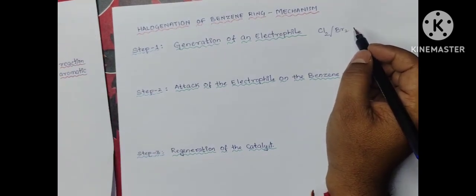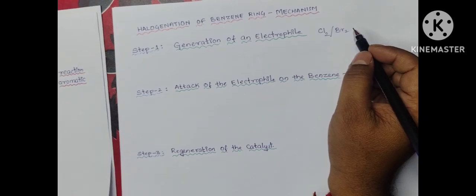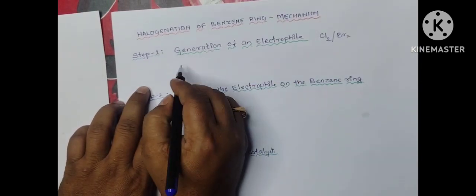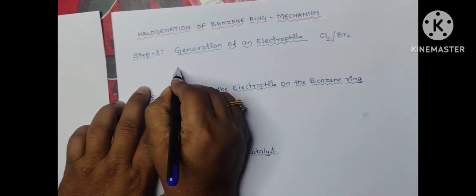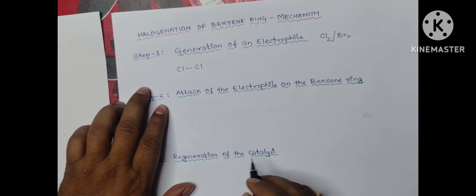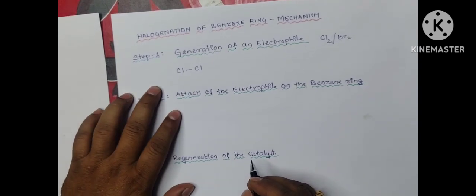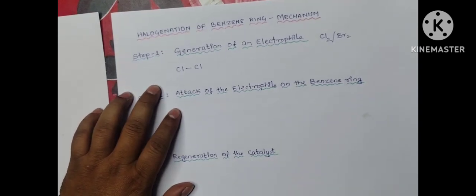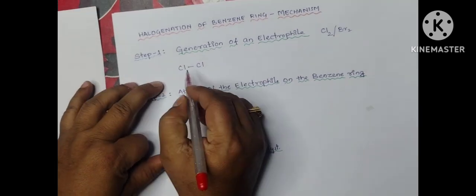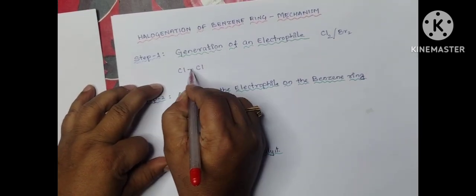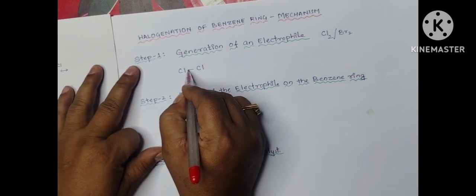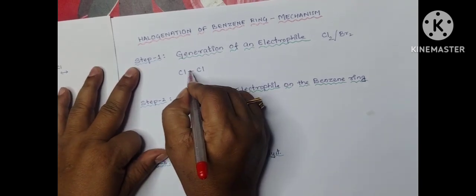Now let us see the mechanism part. First step: as I told you, it is generation of the electrophile. Let me take the first one, the chlorine molecule. I am writing the chlorine molecule here. Initially, heterolysis takes place. Between the chlorine atoms there is a single bond having one pair of electrons. This pair of